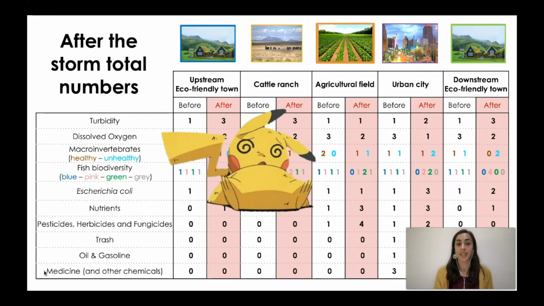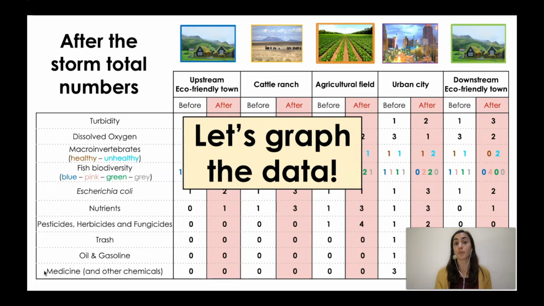After that, I gotta say, that is a lot of numbers, and you might be feeling a little overwhelmed and really not making much sense of it. Sometimes what happens when we get data is that we put it in a table, and when we look at the table, that doesn't mean much to us. They are just numbers. So what it's helpful to do in these cases is to graph the data. We're going to transform this table into different graphs so we can better understand what is happening in this watershed after a storm event compared to before the storm event.